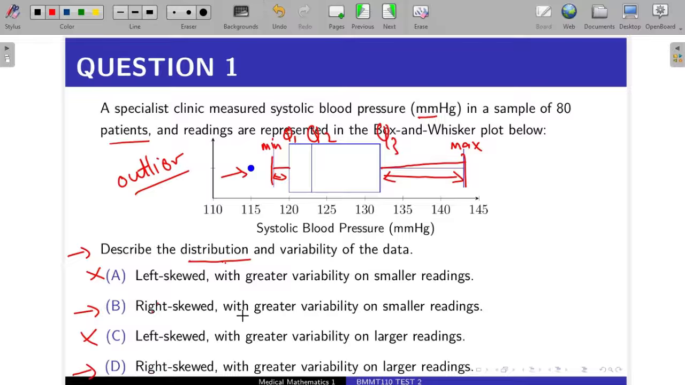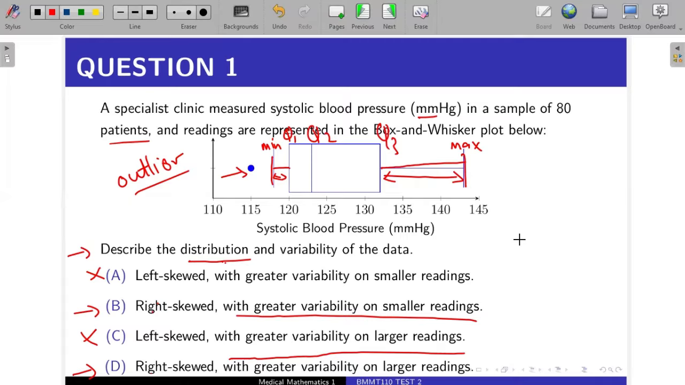Okay, so now the other part says with greater variability on smaller readings. The other one says with greater variability on the larger readings. Okay, so which one is correct there when we talk about the variability? When we look at the whiskers there, the longer whisker is on the right, right? So where you have the longer whisker, we can also see that the spread on the right